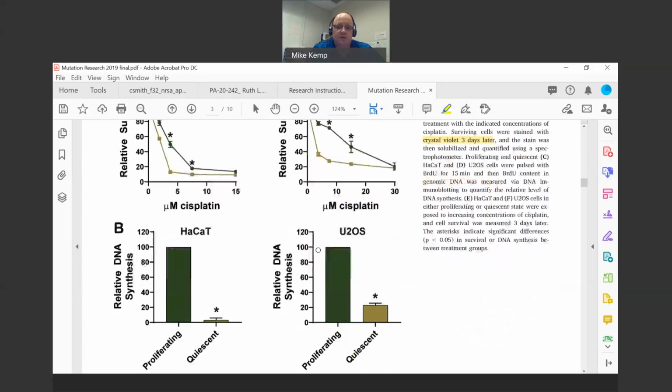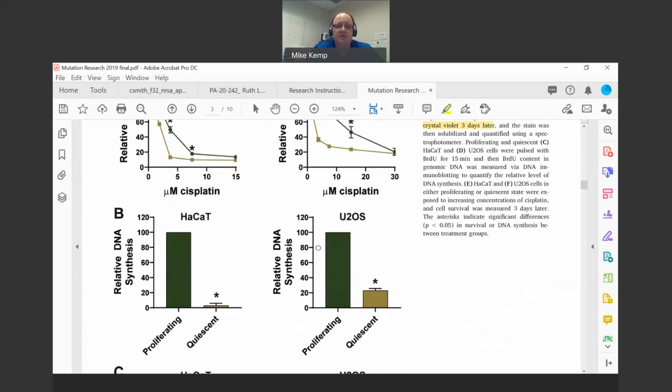So we next wanted to use these cells, but in a non-replicating state. So what we typically do in the lab is to essentially grow cells to confluence and then lower the amount of growth factors that they're exposed to. So normally in cell culture, we typically use fetal bovine serum as a source of growth factors to allow cells to proliferate. And typically we use 10%. And so if we lower that down to about 0.5% or sometimes even lower, the cells, especially in a confluent state, will no longer be able to divide anymore.